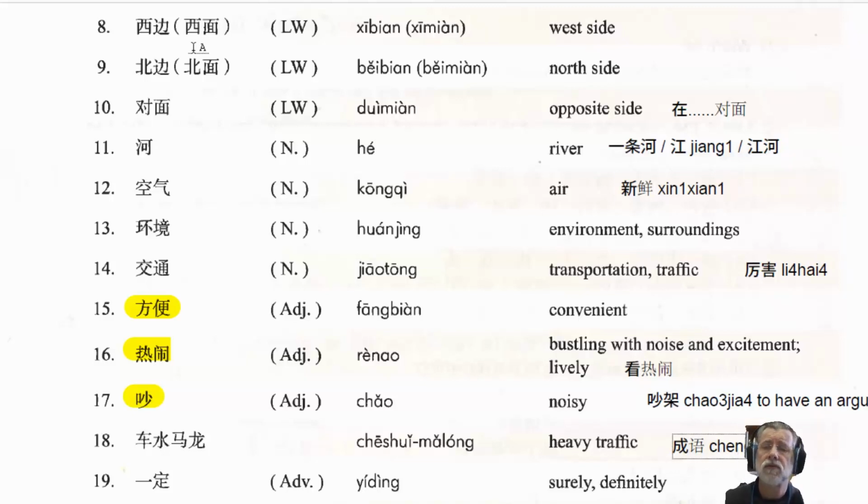So if we have a look over here at the characters, we've got 4 characters. Quite often they come from classical works in Chinese. I guess the most outstanding feature of 成语, this kind of fixed expression, is that the 4 characters often can have quite a lot and quite a deep meaning behind it. There may even be a whole story that sits behind the 成语. Chinese learn 成语 from a very, very young age.